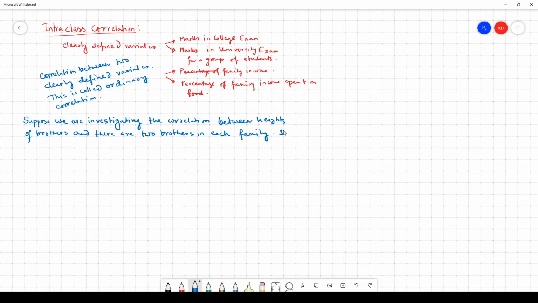If we take the height of the younger brother, which is shorter than the elder brother, and